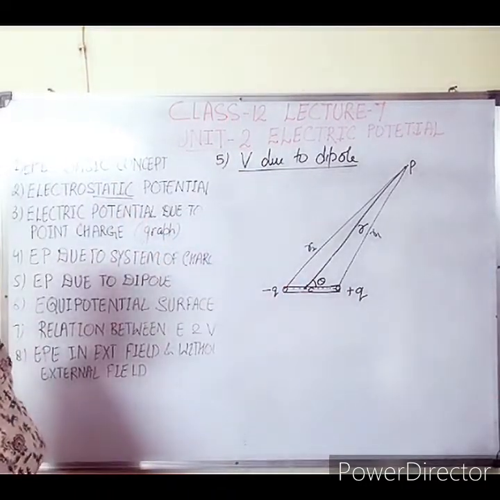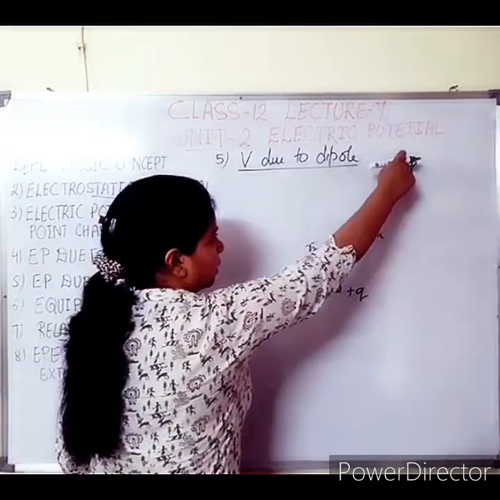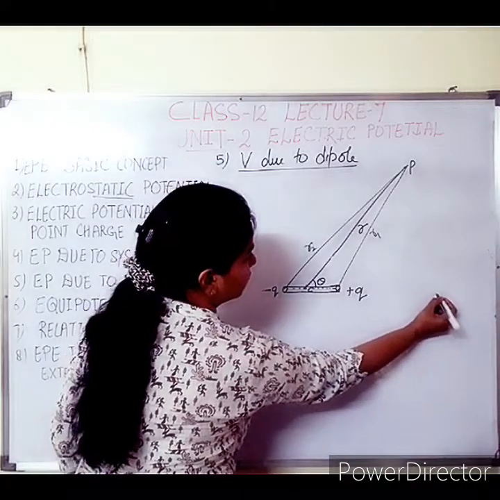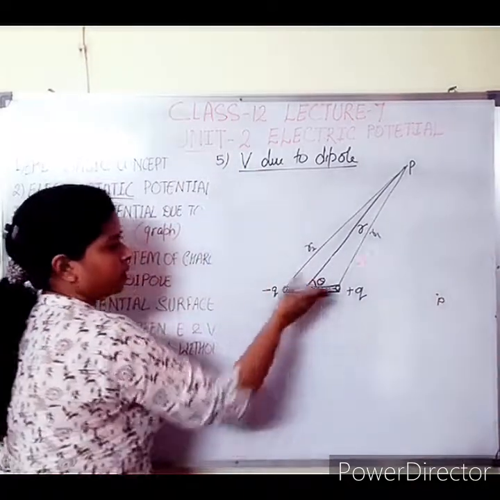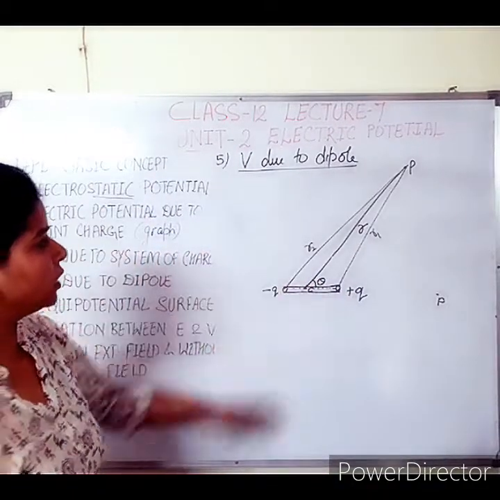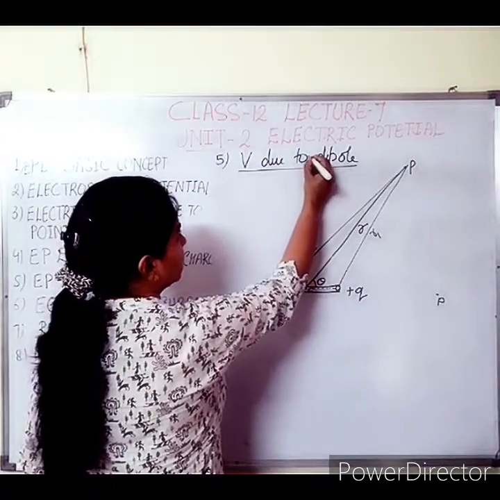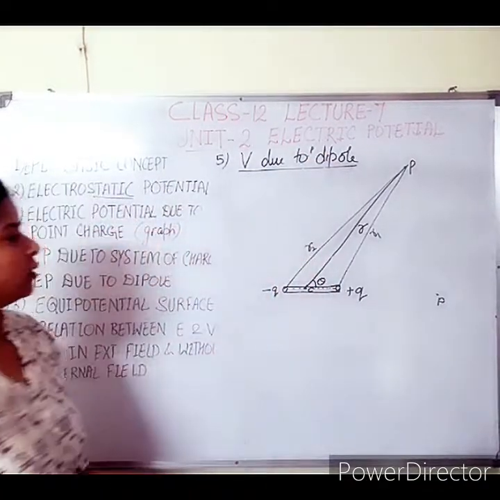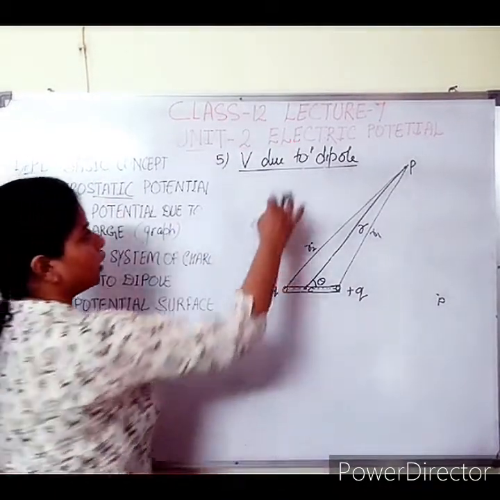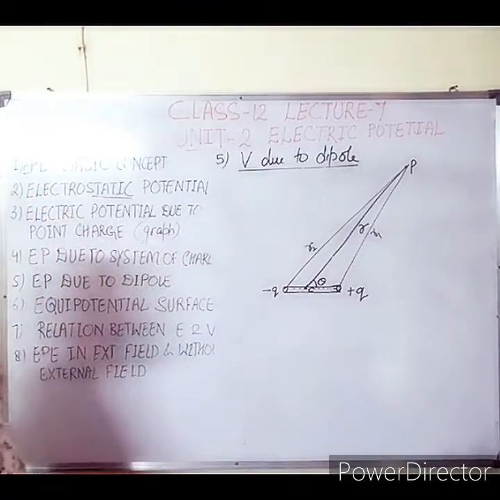Now see this situation here. If this theta becomes 0, point P will come here, and this is the apparent position of point P, and point P will come in the axial position of this dipole. If theta becomes 90 degrees, point P will come here along the perpendicular line, and then it is the equatorial position of the dipole. The point is situated at the equatorial position. So that is why we have taken the variable case here.